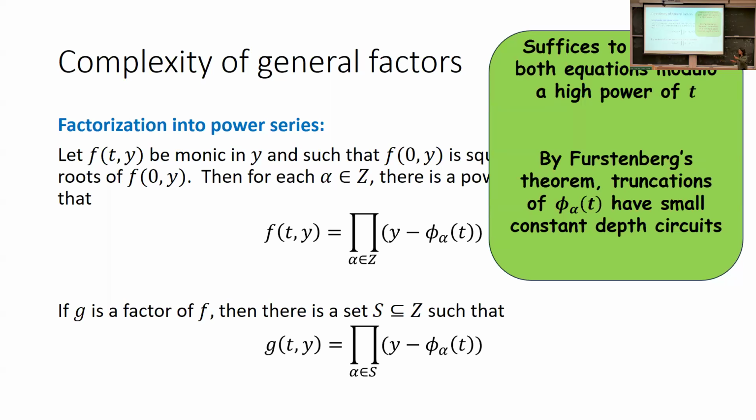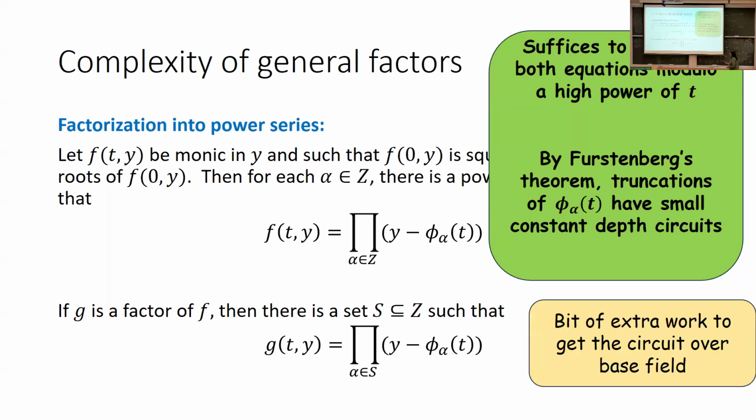And as Bobby pointed out, my phi alphas did come from the algebraic closure, but maybe I was looking for factors in the base field. So this expression still has elements coming from the algebraic closure, but I might be computing something in the base field. There's one more step which I'm not going to talk about, but with a bit of extra work, one can symmetrize this expression, get rid of the terms coming from the algebraic closure, and get everything to sit in the base field.